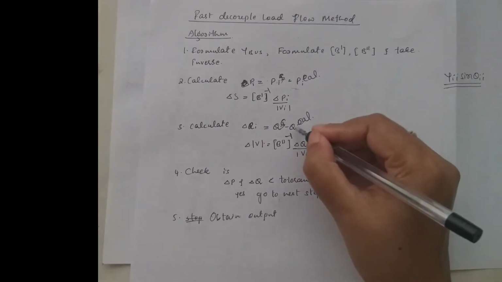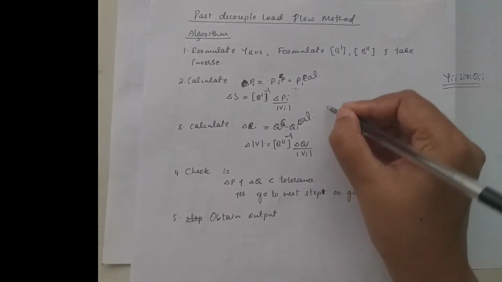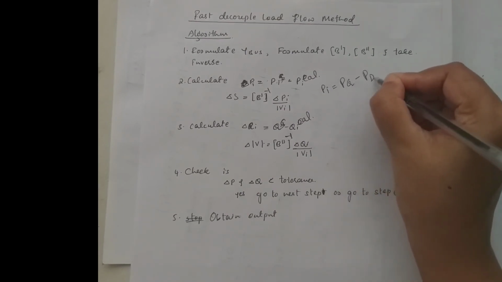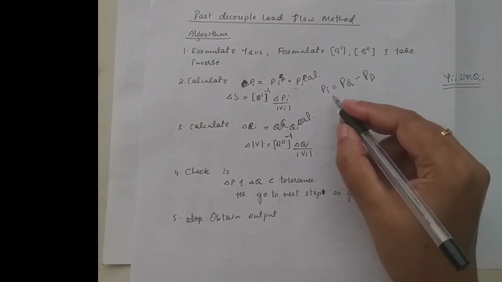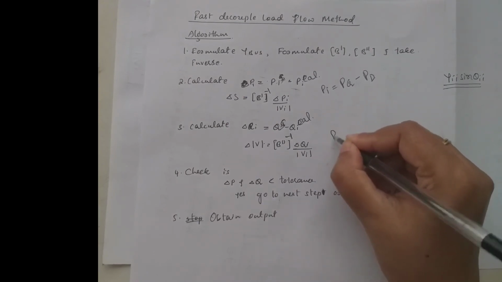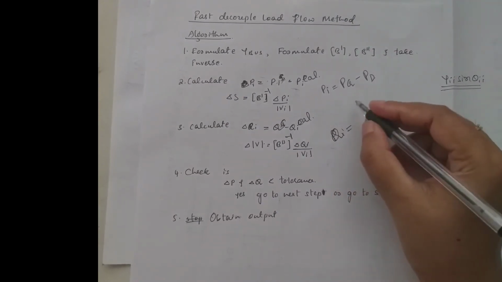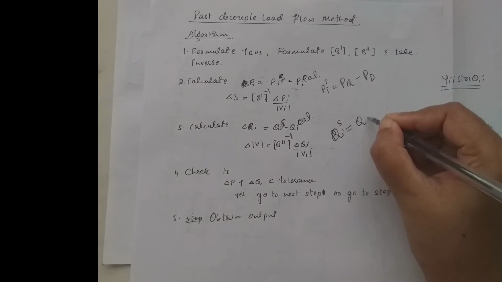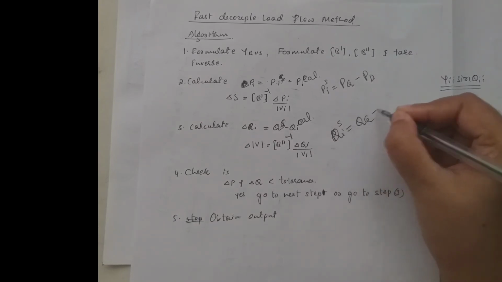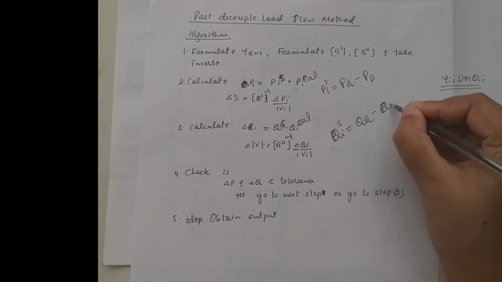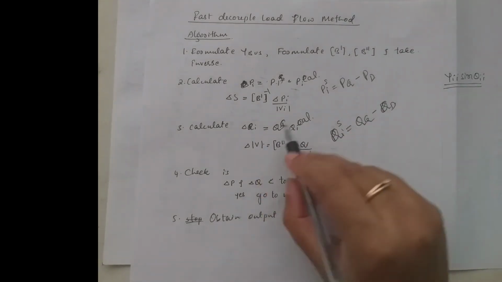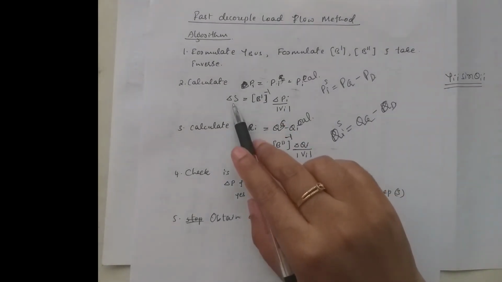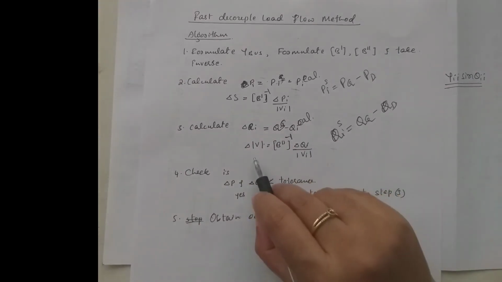So how do we get Qi scheduled or Pi scheduled? Pi scheduled is equal to generation minus demand. In all the methods, in the NR method, decoupled method and fast decoupled method, here also Qi scheduled is equal to the reactive power at the generation minus the reactive power at the demand side. Then we are going to calculate delta Qi. After calculating delta Pi and delta Qi, we can calculate the value of delta delta and delta V.